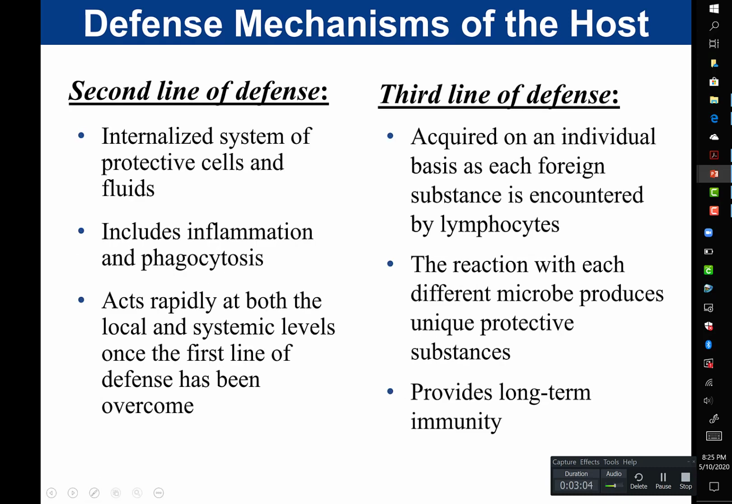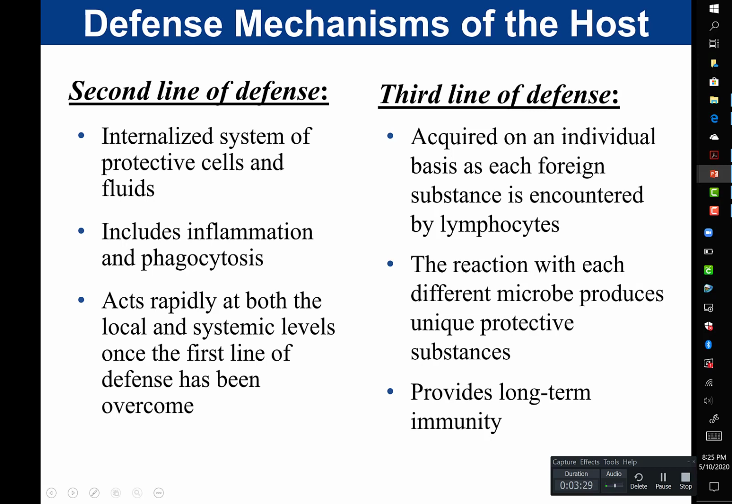So when we talk about our second line of defense, again, it is still non-specific, but it's an internalized system of protective cells and fluids. So now we're getting cells involved. And so this includes inflammation. This includes phagocytosis. Remember that phagocytosis is the process